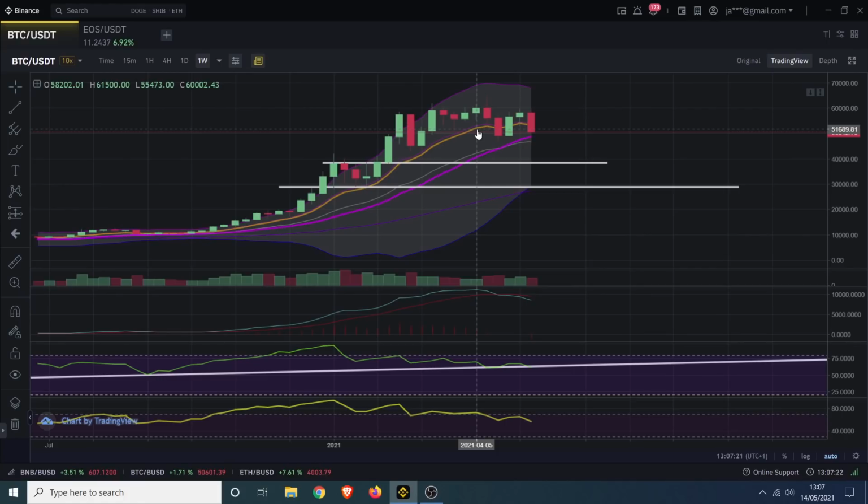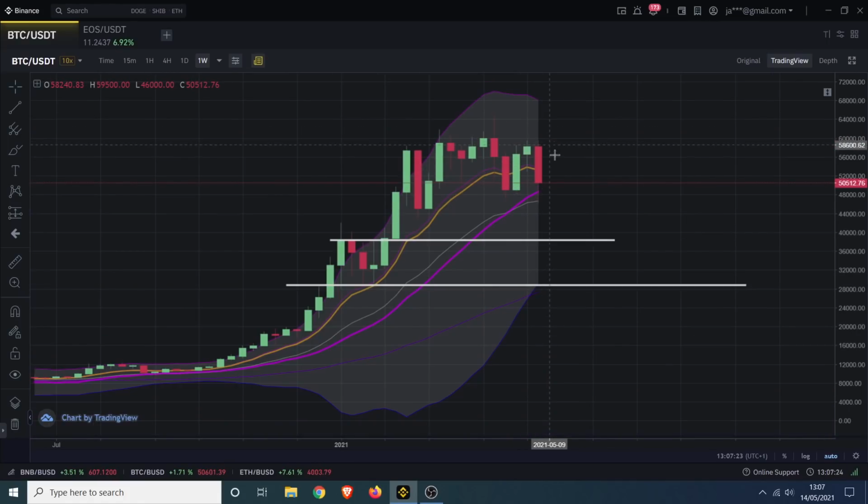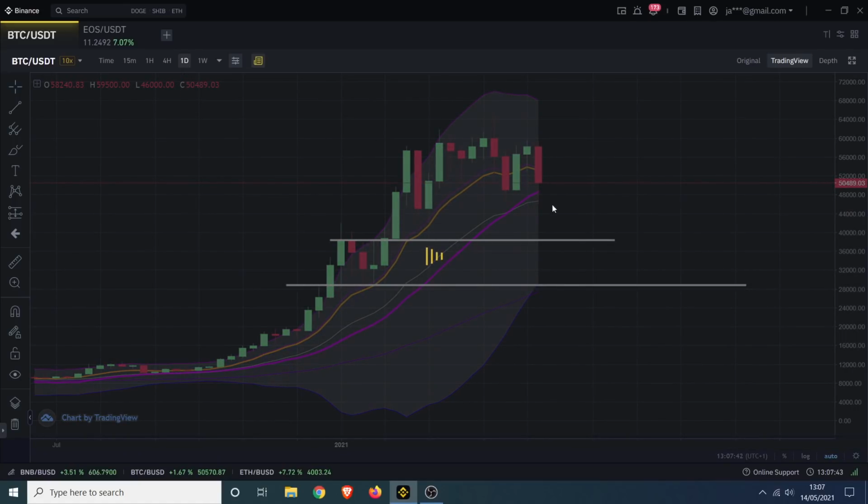So, I'm not here to predict anything specific, but if we're thinking about the way that Bitcoin is behaving right now, it's come down to the 20 weekly. This is usually an area which a lot of people would feel is significant. We came down to the 20 weekly and the 21 weekly moving average, the EMA that would be. And we've tagged both of those, and so far so good. We're holding above them, and we've not on the daily made a lower low yet.